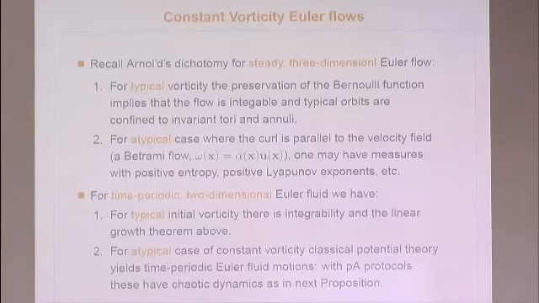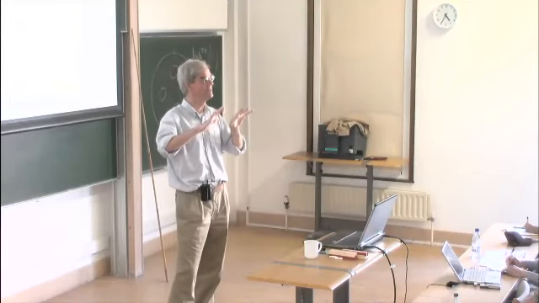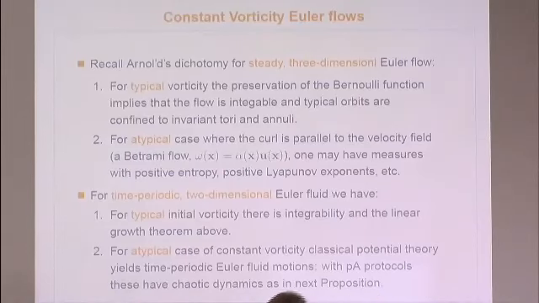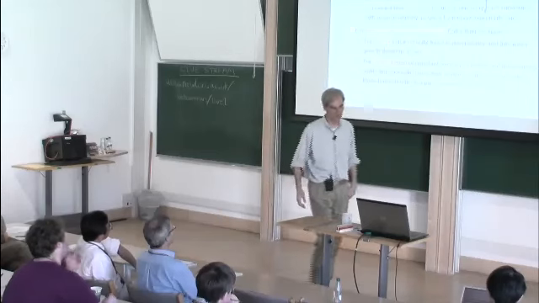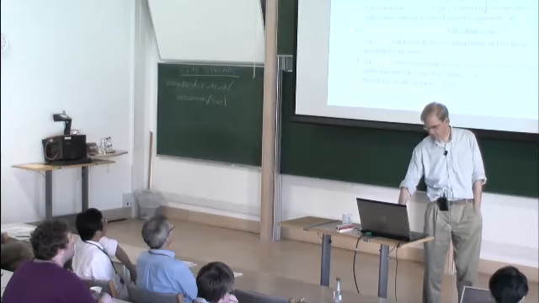So one atypical case is, as I've already mentioned, to have constant vorticity. So if you take, this is the next slide, a periodic stirring protocol, and at each time you just solve the Laplace equation with the right boundary conditions to get a harmonic stream function that has zero vorticity. And then that's periodic. So if you have zero vorticity, then in fact you do have a time periodic solution. But if the protocol is pseudo-Anosov, it implies chaotic dynamics and exponential growth. All right, so this is a case where you can have a time periodic Euler fluid motion, but still have